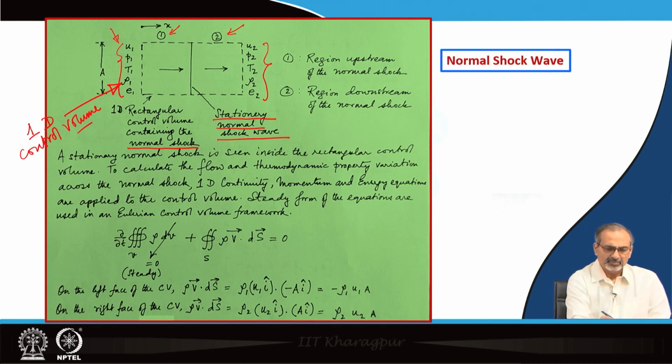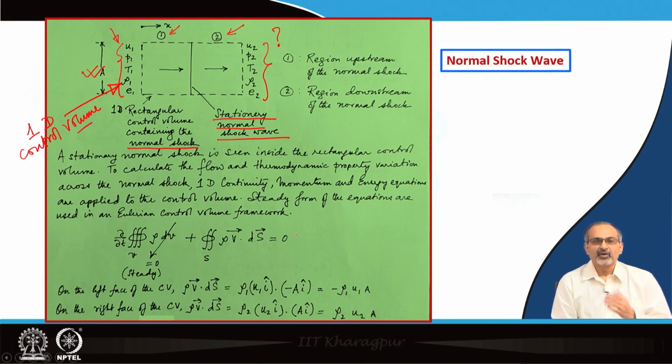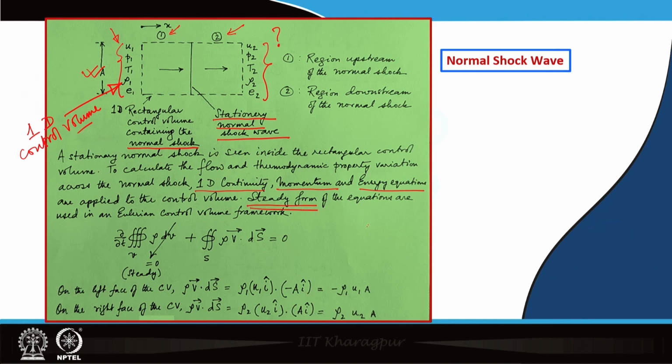Given the values of these properties upstream of the shock wave, we would like to answer the question of how the properties would figure downstream of the shock wave. This is the area, in the sense of length times unit depth or unit span. When we look at this one-dimensional control volume and the stationary normal shock inside it, we recall that we would like to look at the one-dimensional continuity, momentum and energy equations and apply them to the control volume. We would like to take the steady form of the equations and we will apply the Eulerian control volume